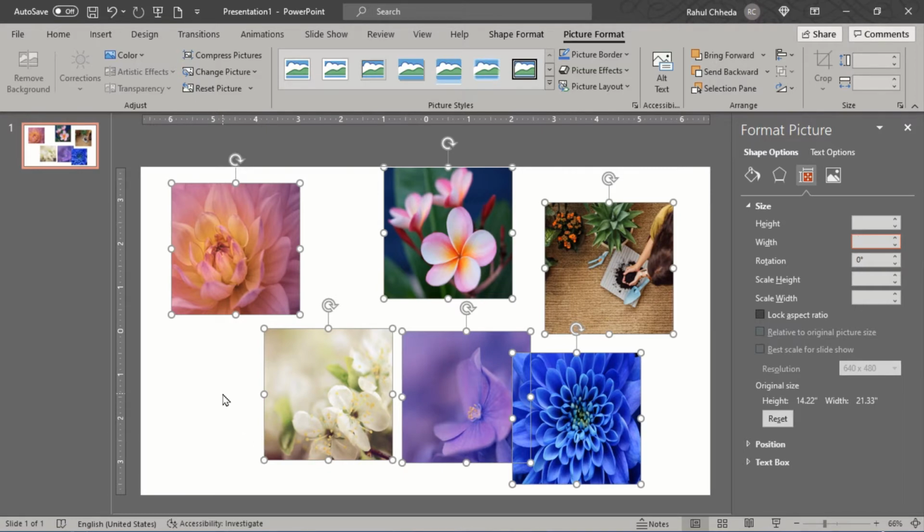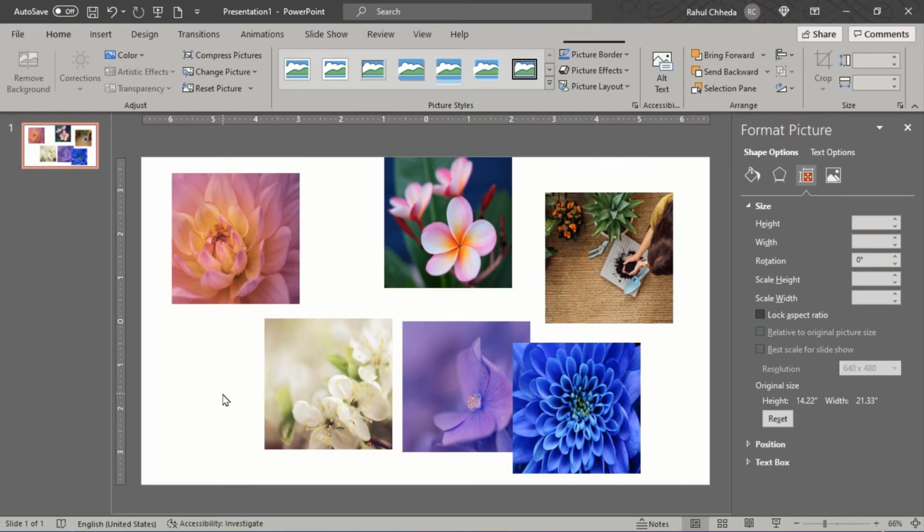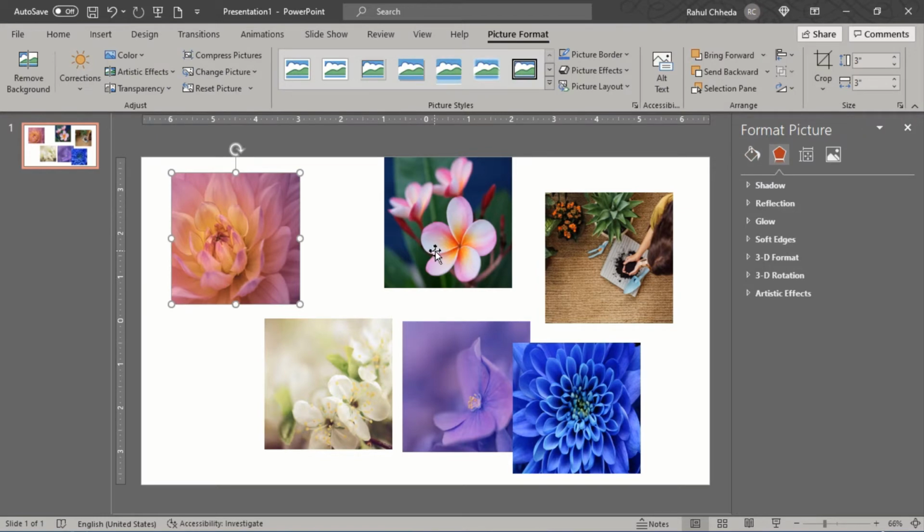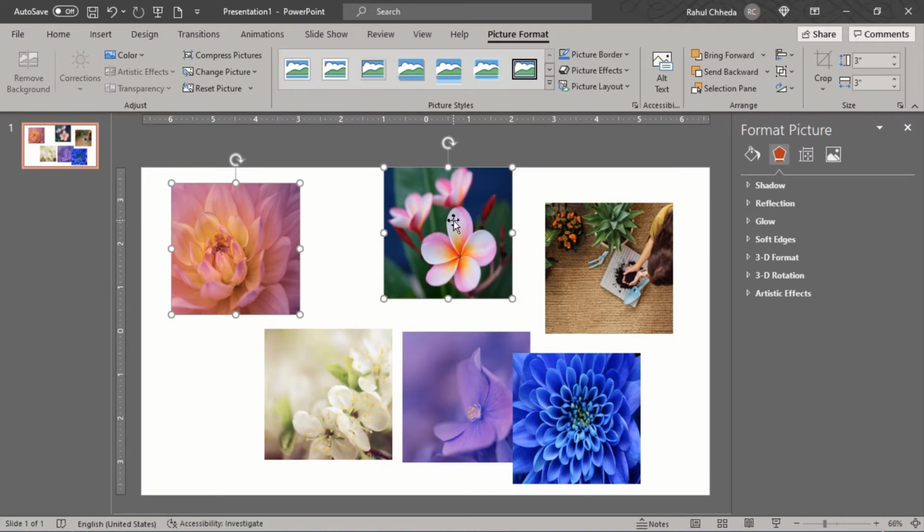Now we want to arrange or align these images in the slide with the help of the align options. So first we'll align all these three images on the top and then the below images. First I've selected the first image, then hold the shift key, click on the second image, then on the third image. When holding the shift key, it will select all the images together.